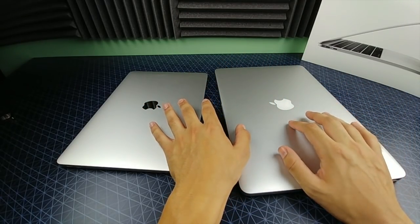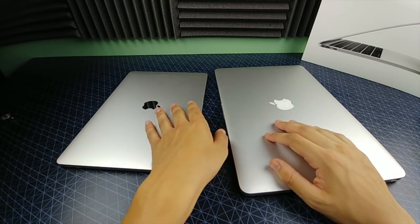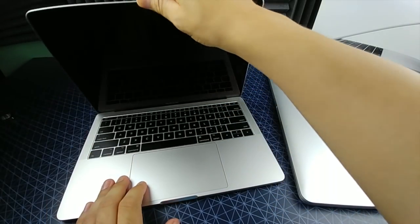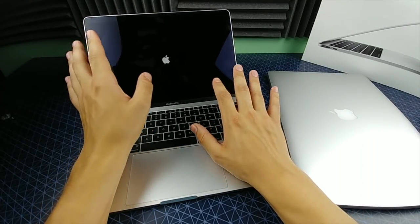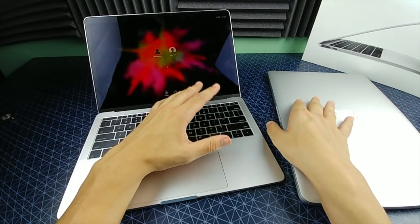So let's talk about displays now. The MacBook Pro 13-inch is obviously going to give you a 13-inch display, and it's a Retina panel. Opening it up again, it does go up to 500 nits on the brightness, so it definitely gets brighter than this screen. Even though I do love the 15-inch,